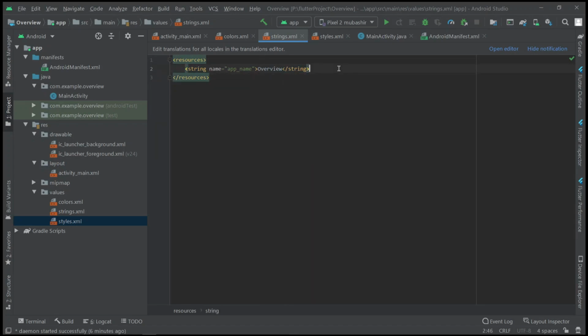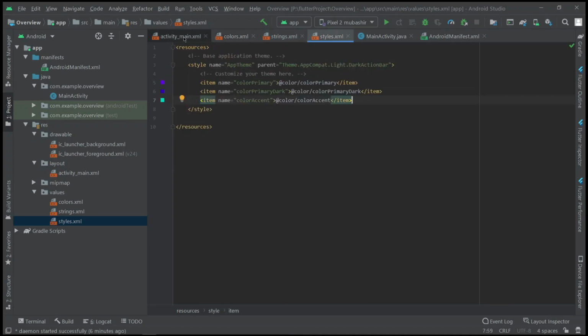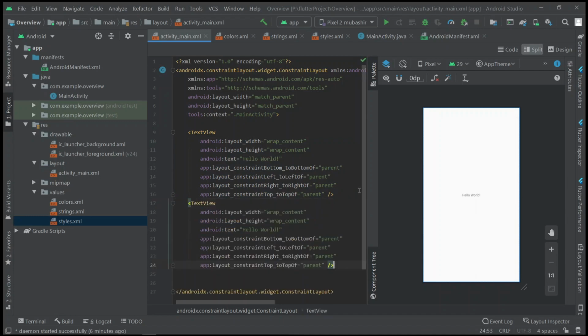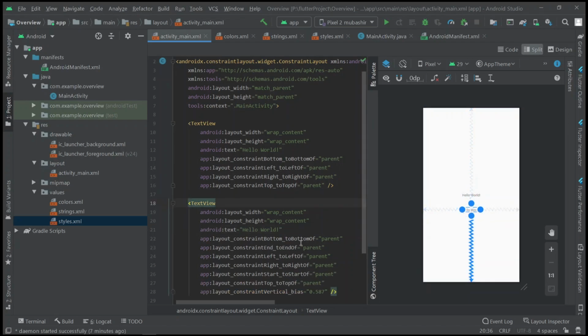For example, here I am in my XML. I am going to copy this and I will paste the same code here, but let me bring this down, and here I will write second text view. Here I wrote second text view.